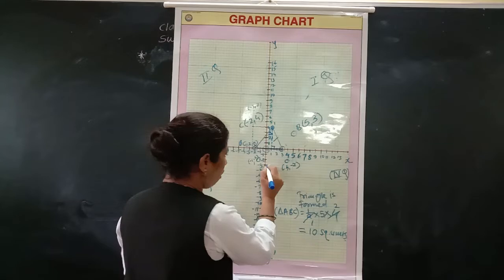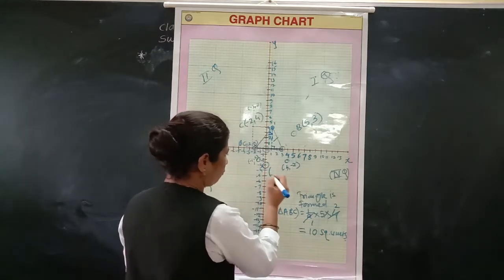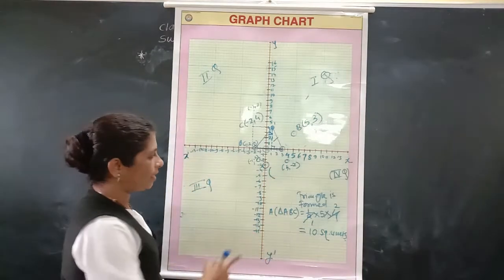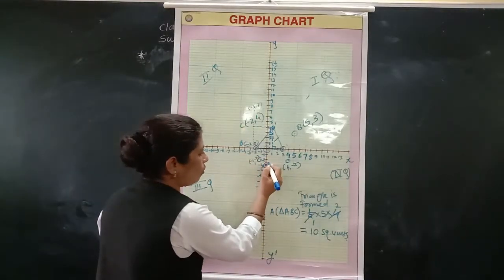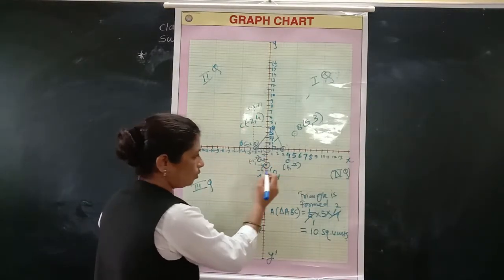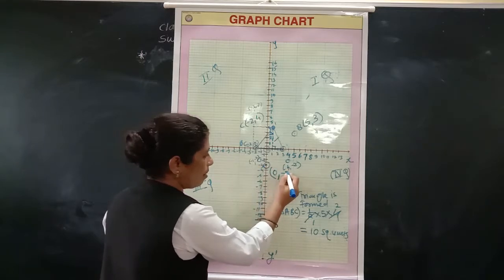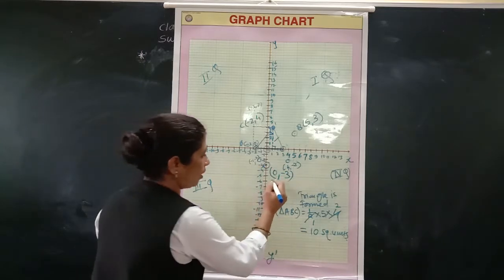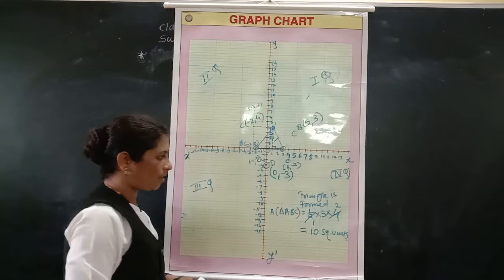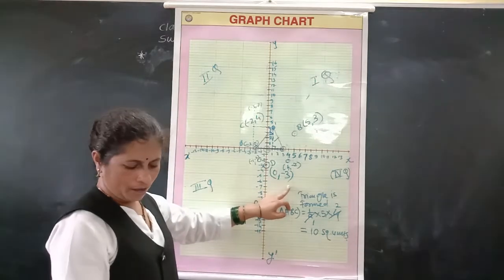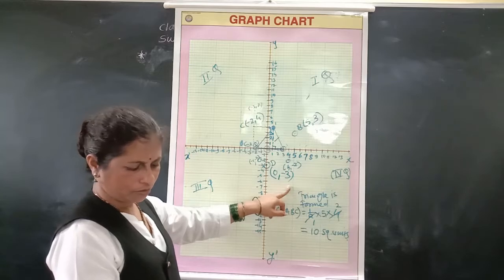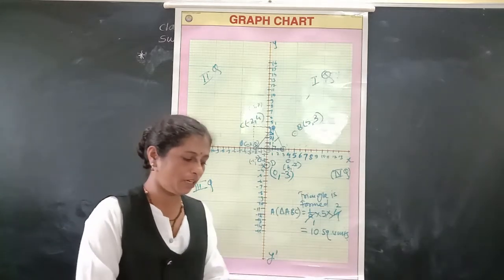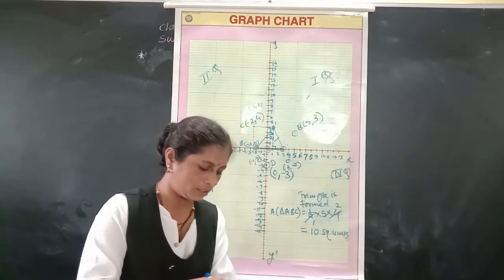Next, the point D is given in the downward direction of the y-axis here. D is given on the y-axis, right? So of course, what are the coordinates of this point? The point lies on which axis? Y-axis. So abscissa will be 0 and ordinate is minus 3. So the point D has the coordinates 0, minus 3. Understood everyone?